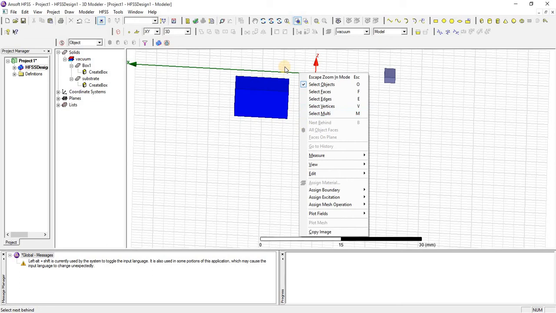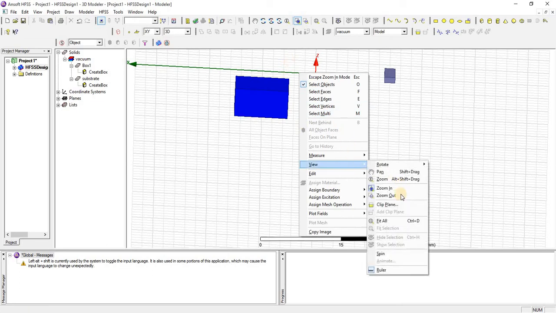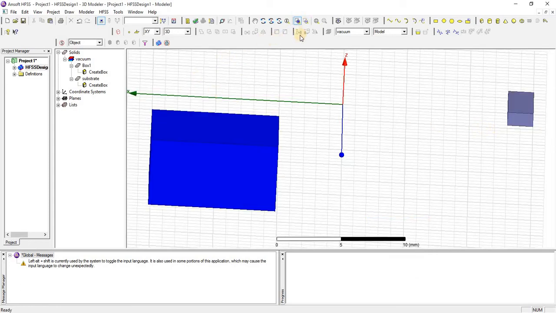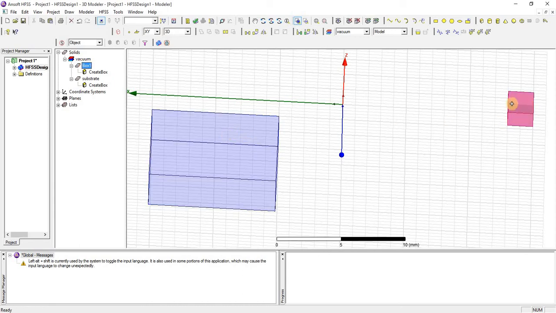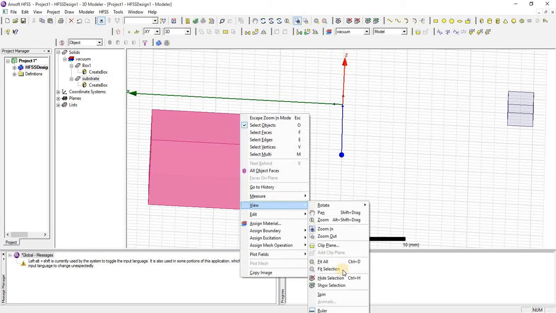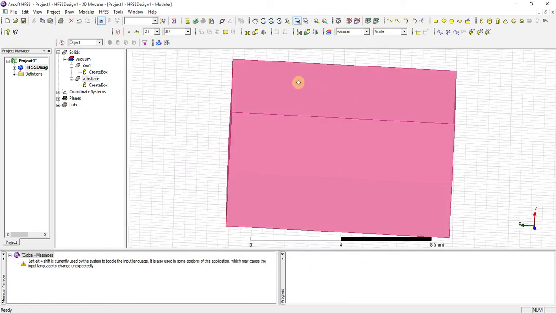Next, we have two commands for active view. Here you can see that. First is to make all the objects in active view. Here it is. And the second one is to select an object. For example, I have selected this one. This object I have selected, and this is fit selection. Whatever object I have selected will come into view, and the others will not be in active view. Here it is.